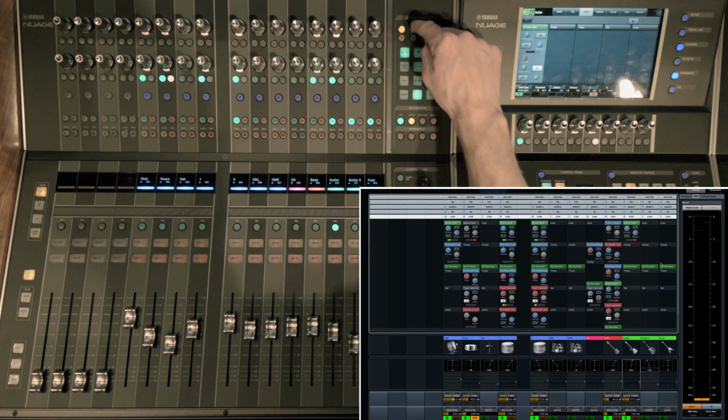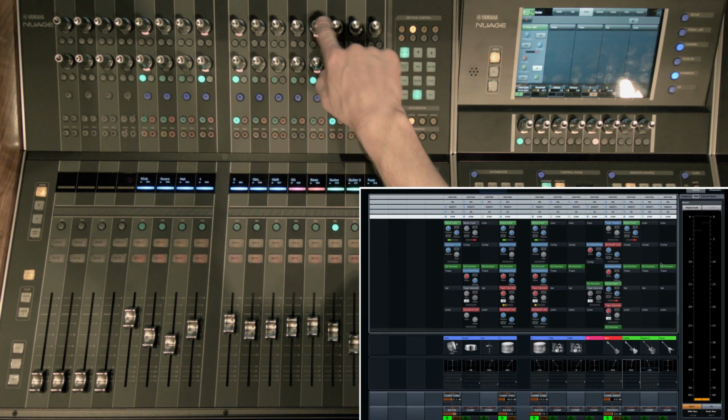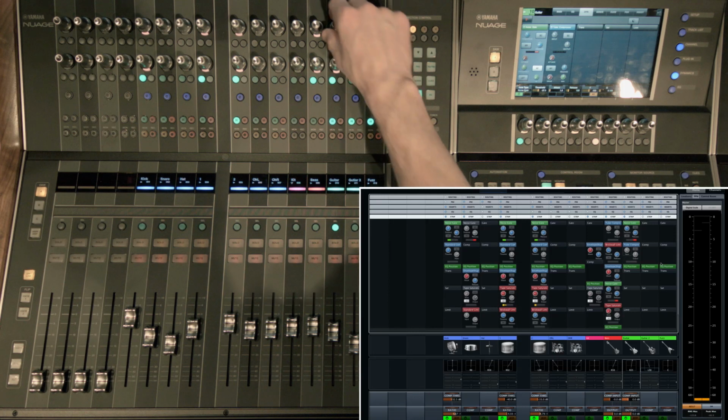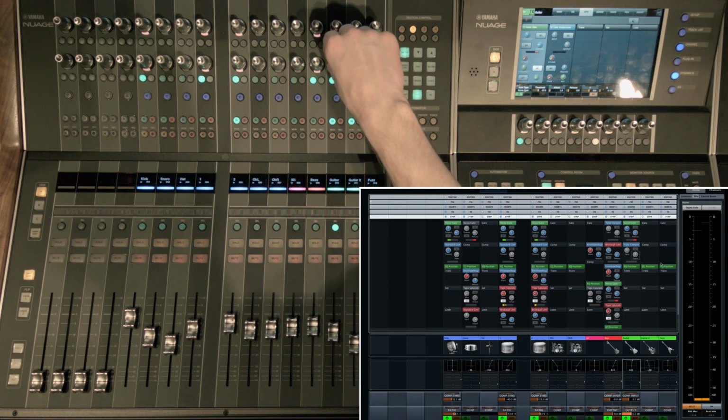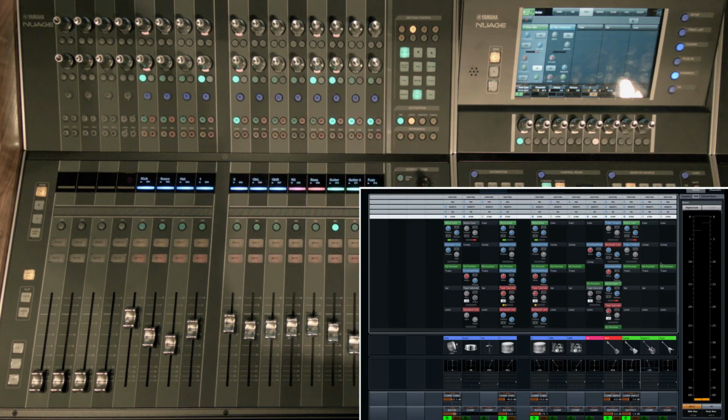Okay, if I wanted to go to my compressor, let's say I wanted to insert a compressor on that channel, I select number 2 here, and now this becomes my compressor. I have to turn it on, and now you can see that I have a tube compressor selected. I can adjust my levels here. Now I'm somewhat limited in this view. I don't have all of the parameter control on the